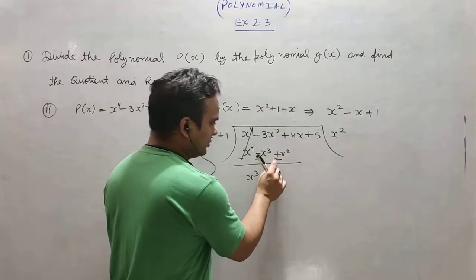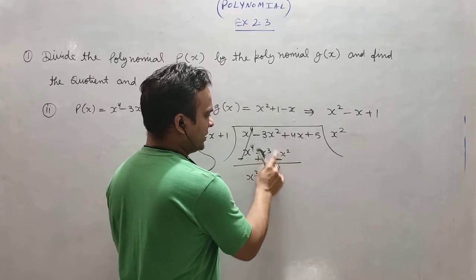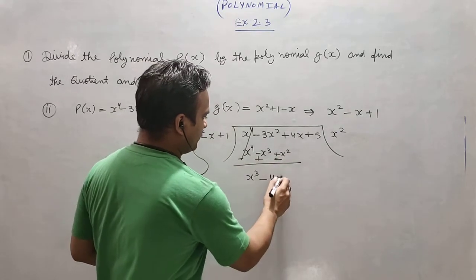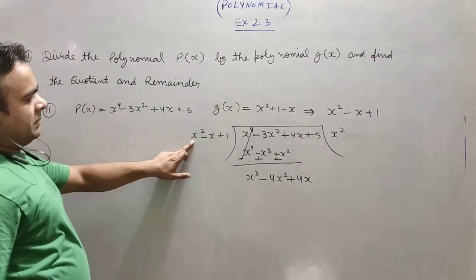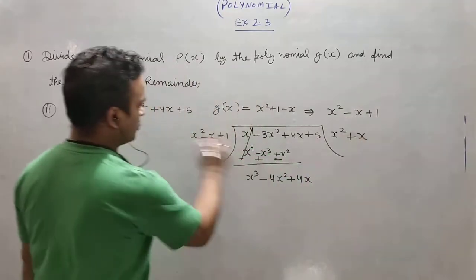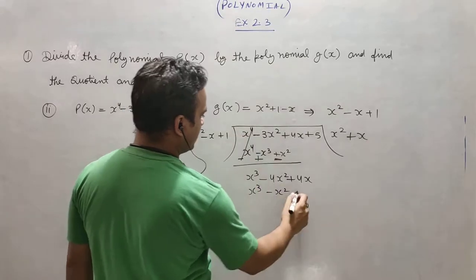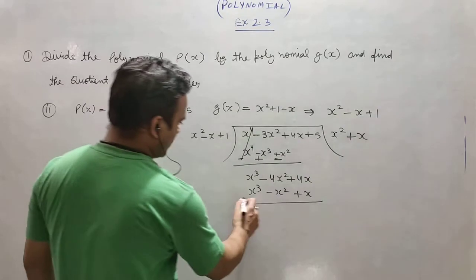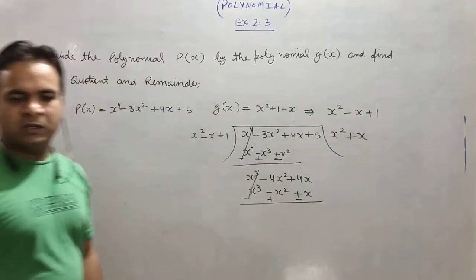So you have to think about this sign only. Forget this sign because this sign doesn't have any value now. So minus minus, we have to plus here, minus 4x square and plus 4x, right? Now what do you have to multiply in x square to make it x cube? Again x, so it will be x cube minus x square and plus x, right? You will multiply this x with all 3 terms. So again sign change, minus will be plus, this plus will be minus, cancel.